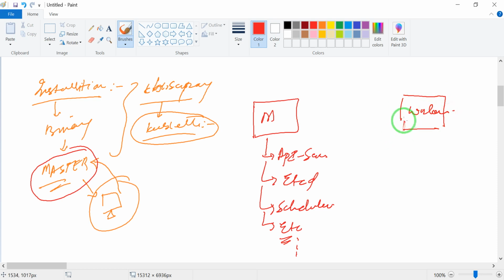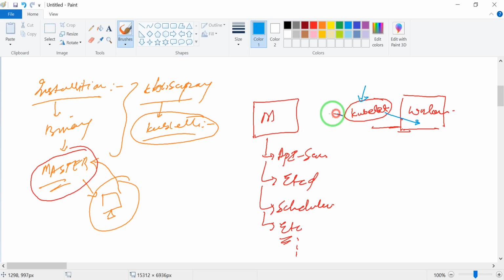In the worker node, the front of the pilot of this worker node is kubelet. All the changes on the worker node are done by kubelet.